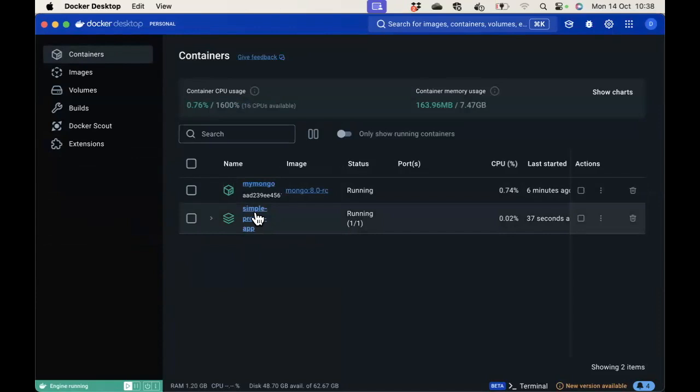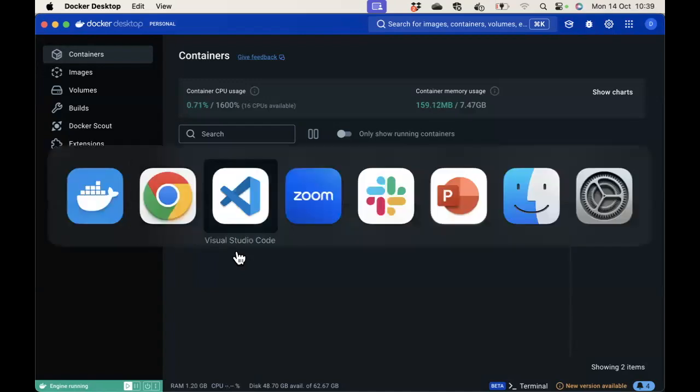Okay, so there's two points there: the relevance of port forwarding and how it can affect our setup. And the second thing is that the name you give to a container becomes the domain name for the application running inside that container, should other containers wish to connect to it. And the last point I'll make is,